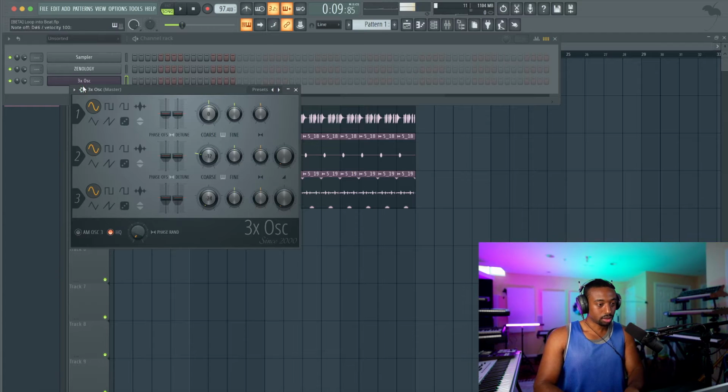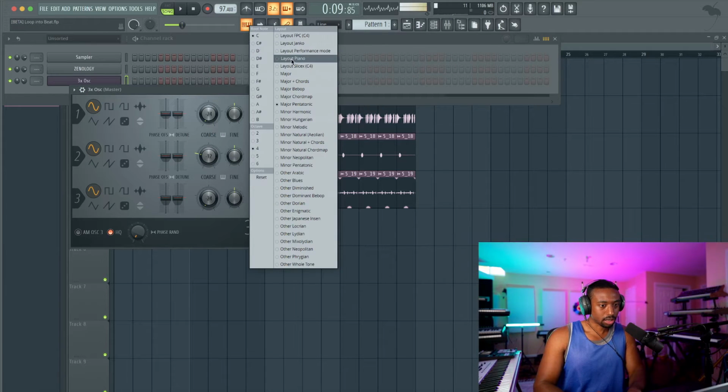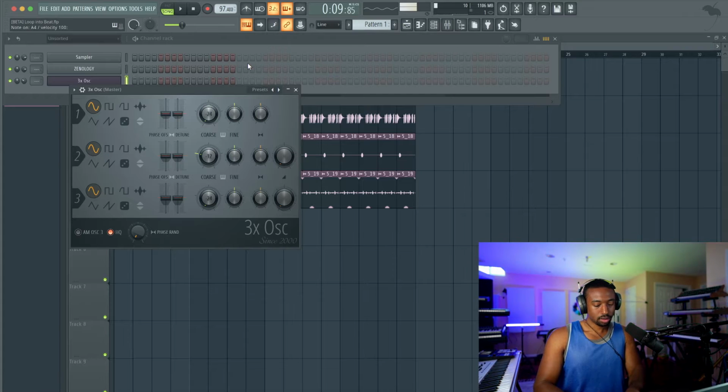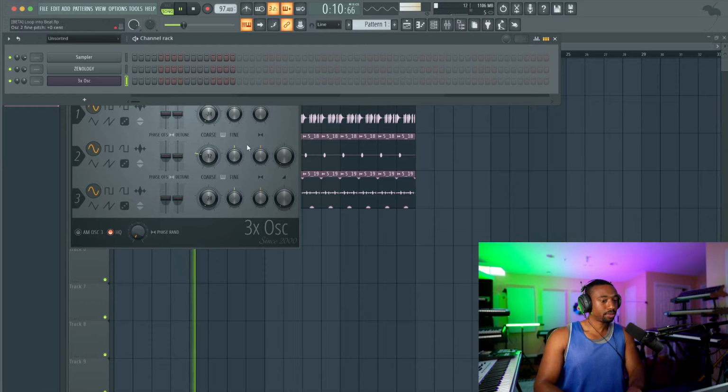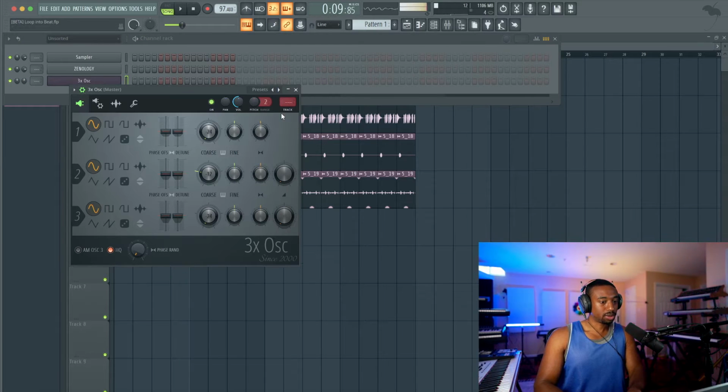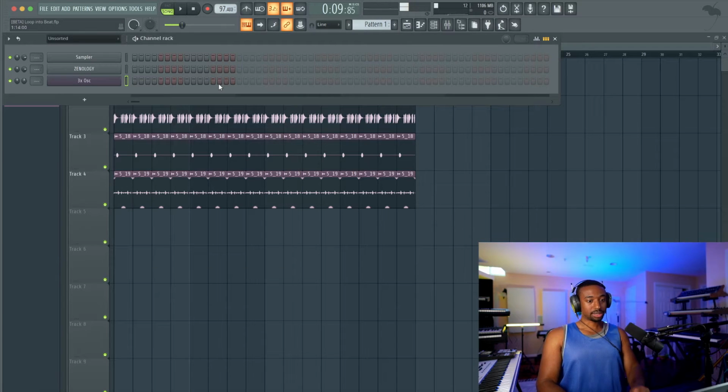So now I'm going to run a tone. Let's lower this a couple octaves. And I'm going to use this. Oh, I forgot I'm in a specific key. Okay, let's right click. Okay, so I'm mapping it against the 3X OSC and it sounds flat. So I'm gonna pitch this up, change your pitch range to 1. And now it sounds more right. Okay, so whatever that tuning is, plus 42 cents.